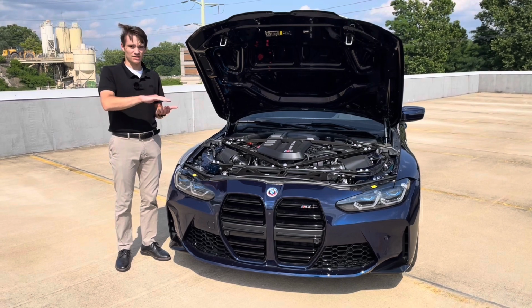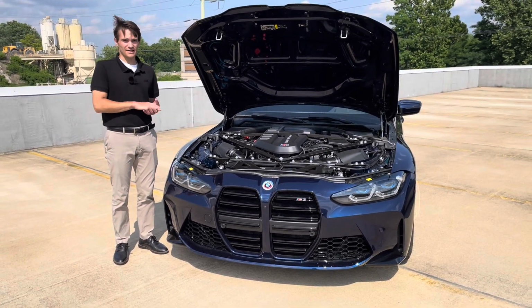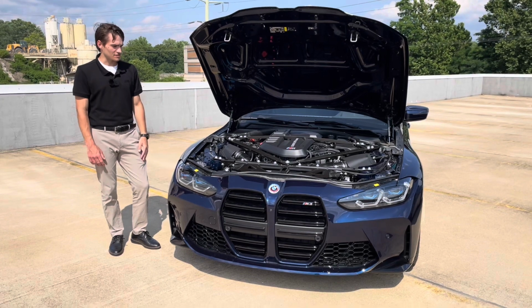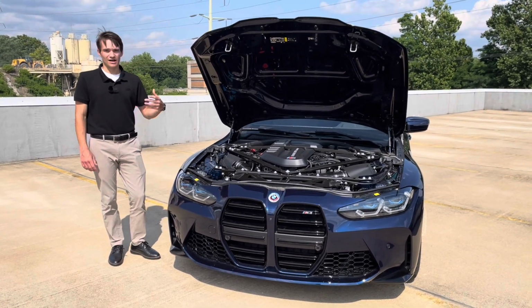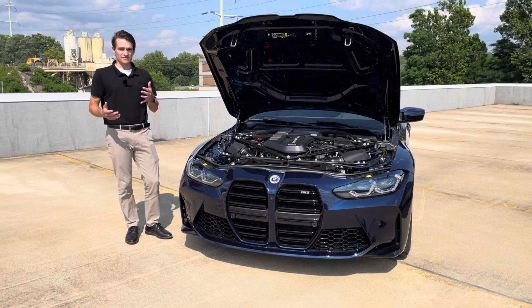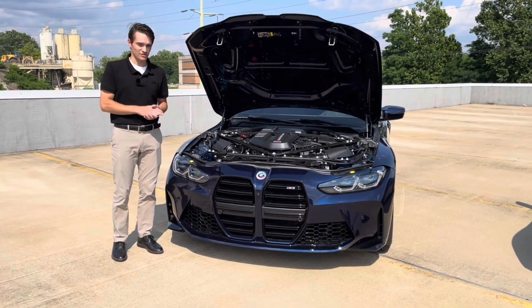A square design would be the bore and the stroke are equal, and an oversquare design would mean that the bore is larger than the stroke. So what are the differences? Well, an undersquare engine like this S58 will make more torque, but it won't rev as high as an oversquare engine. On the flip side, an oversquare engine will rev higher, but not make as much torque as an equivalent undersquare engine. So to give you guys a super scientific and technical breakdown, visual representation of what that looks like,